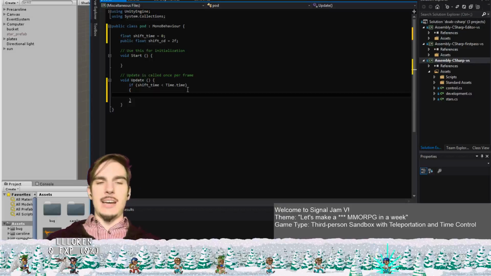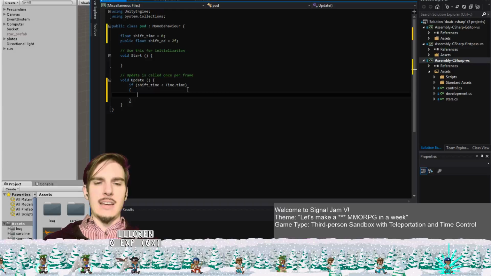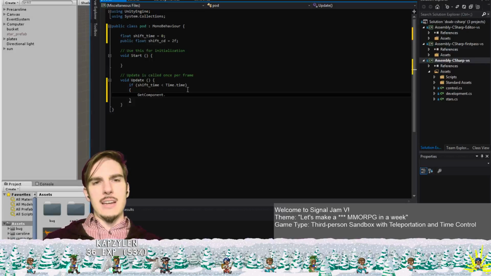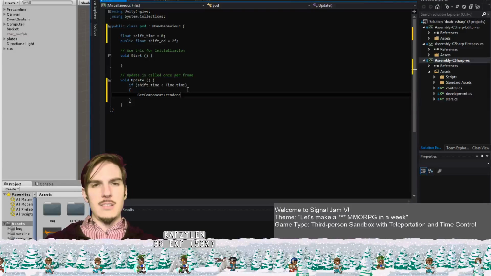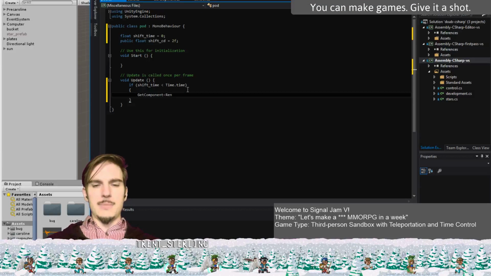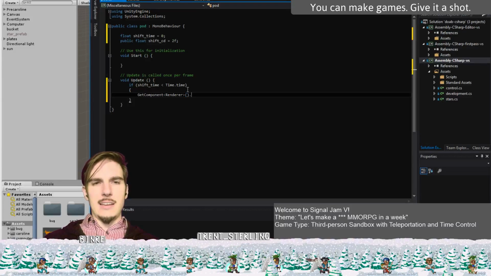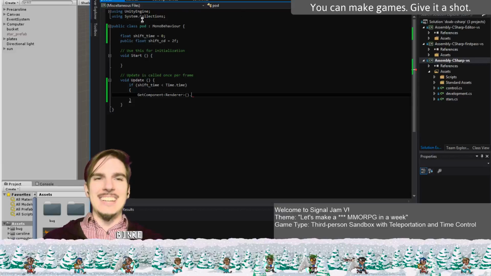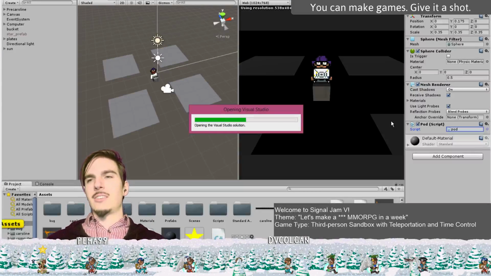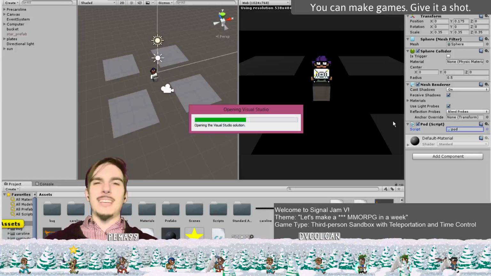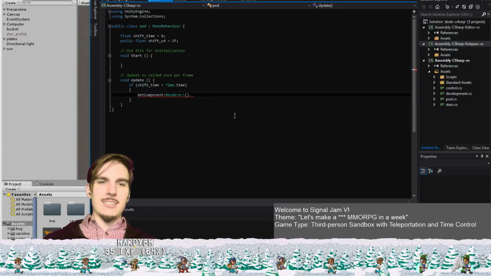So shift time. So we'll say this dot, or we can just say GetComponent, excuse me, square angle brace Render. I don't know why autocomplete has abandoned me. I like autocomplete, and yet, okay, no, I need autocomplete. Sorry, just one second. For some reason, if I restart Visual Studio, autocomplete comes back. I don't know why it can't just come back without me having to restart Visual Studio, but whatever. Okay, render dot